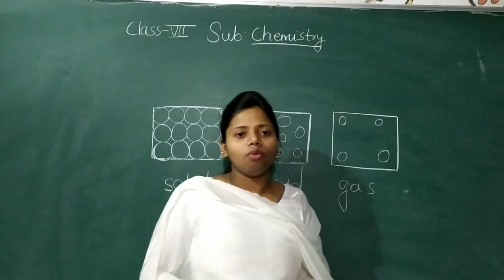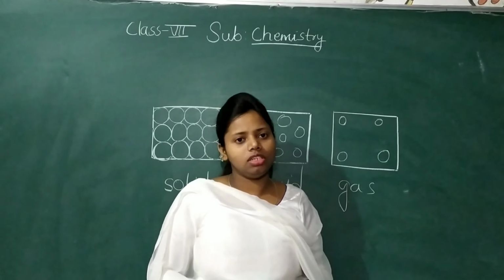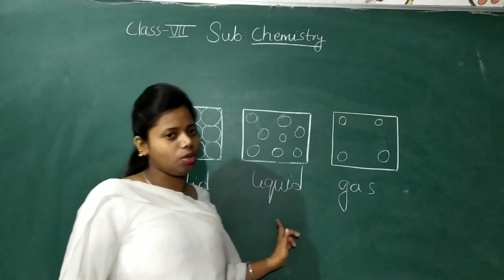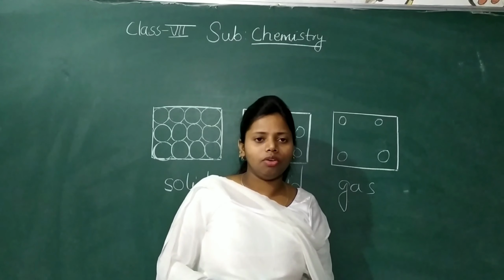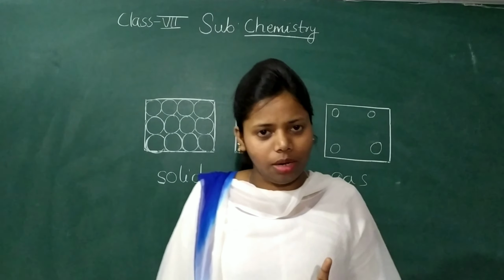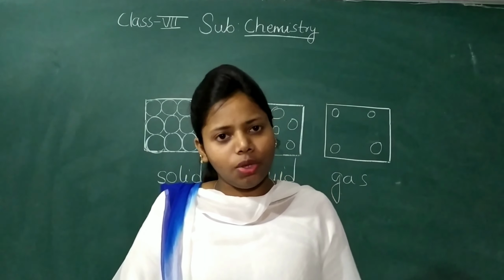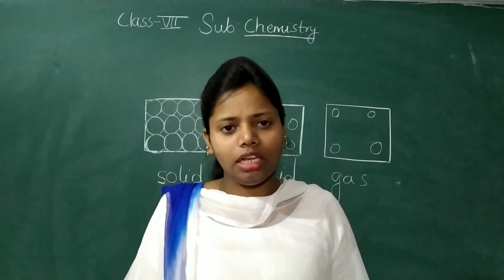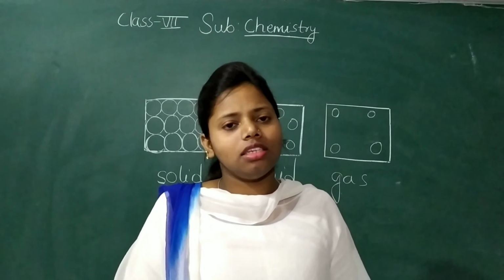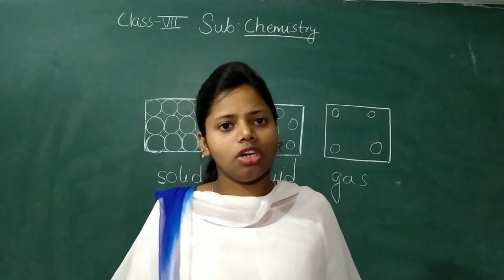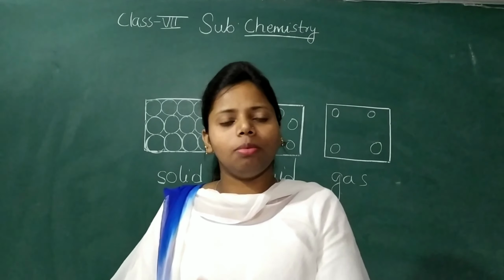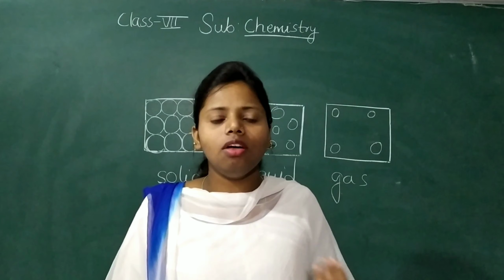Okay, now we are at the end of this chapter, and at the end there is to differentiate between the three states of matter: solid, liquid and gas, on the basis of some properties. Now the number one property is shape. Solid has fixed shape, liquid does not have fixed shape, it takes the shape of any container in which it is poured, and gas does not have a fixed shape, and it occupies the available space.